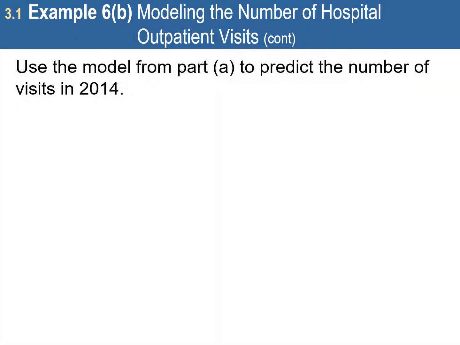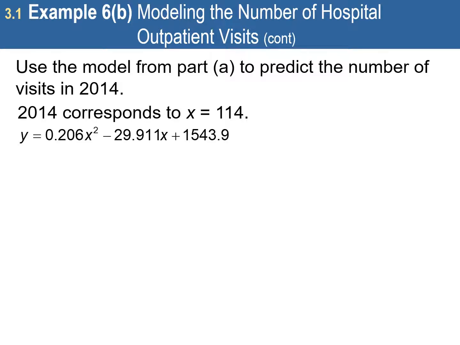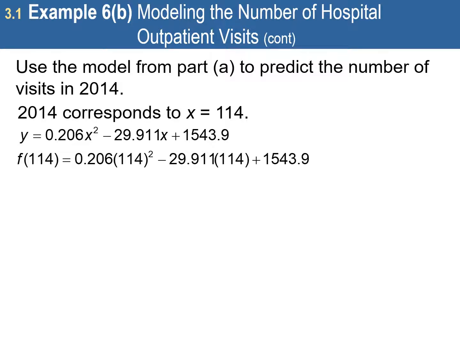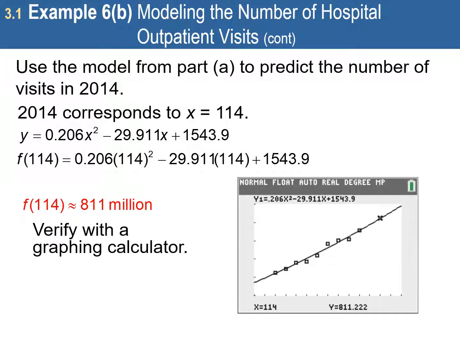Now use this model to predict the number of visits in 2014. So 2014 corresponds to an x value of 114. So we substitute in 114 into your equation. You get about 811 million. And you can actually verify that with your calculator. Again, your test will be non-calculator, so